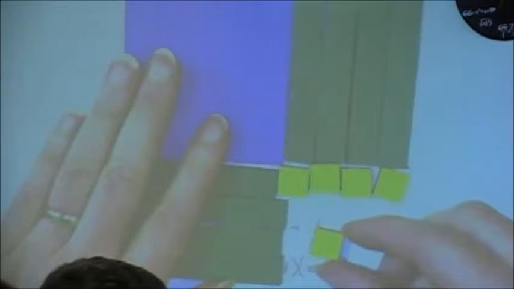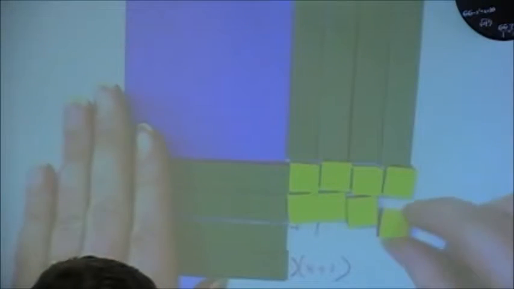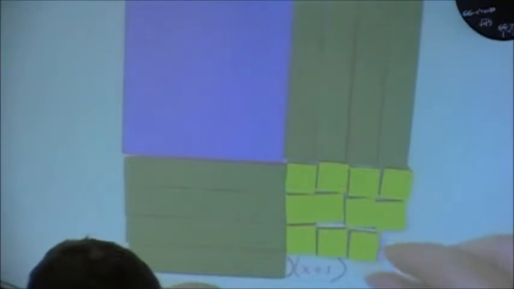But because this is an equation, and I have to keep it balanced, if I put 16 yellows here, I've got to put 16 on the other side also. Once I do that, just like that perfect square a minute ago, the factors are pretty easy to see by looking down the side. You remember I showed you on that square how there was 3 on each side. That's why